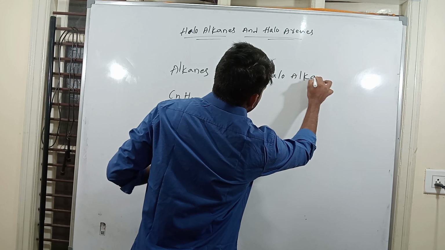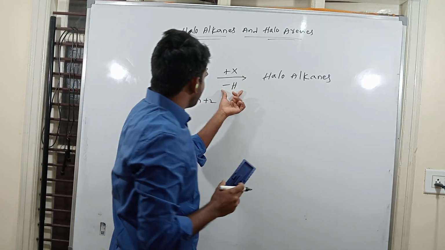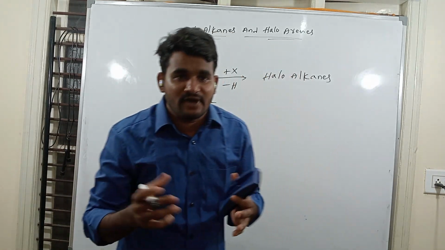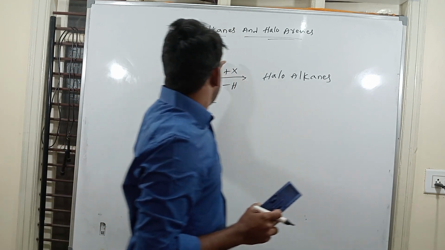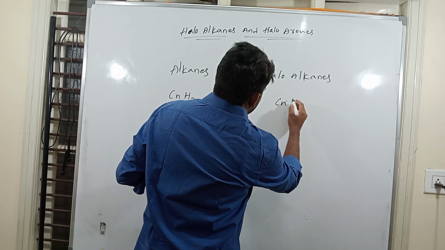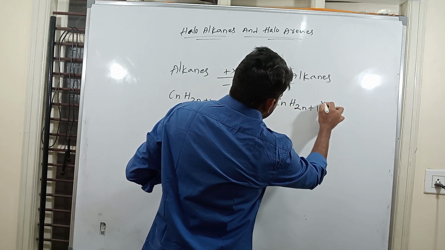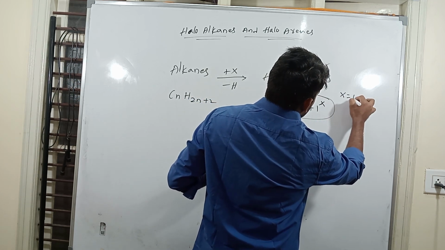Simply, we know that already hydrogen and halogen have the same valency, single valency. So however many hydrogens you remove, the same number of halogens you should add to form a haloalkane. What is the general formula of haloalkanes? Nothing but CnH2n+1 X. Halogens are nothing but fluorine,